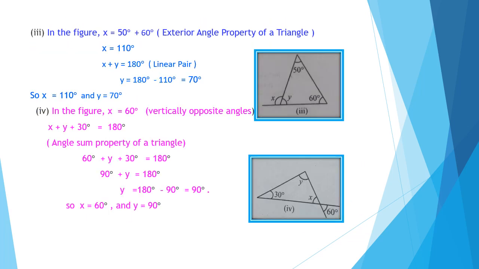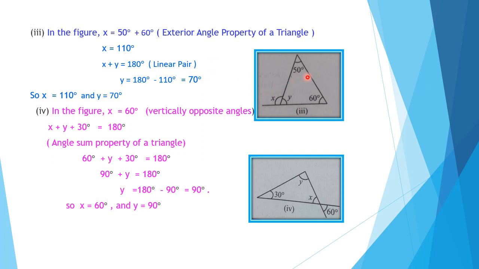Question number 3. Here in the figure, we have x here, the exterior angle of the triangle, and here the interior angle is y. These two we have to find out in the figure. Other two interior angles are given as 50 degree and 60 degree. How can we find x? So we can think of the exterior angle property of a triangle. So here children, x is equal to 50 degree plus 60 degree. Exterior angle is the sum of opposite interior angles. Opposite interior angles are 50 degree and 60 degree. Adding up we get x. So it is equal to 110 degree.